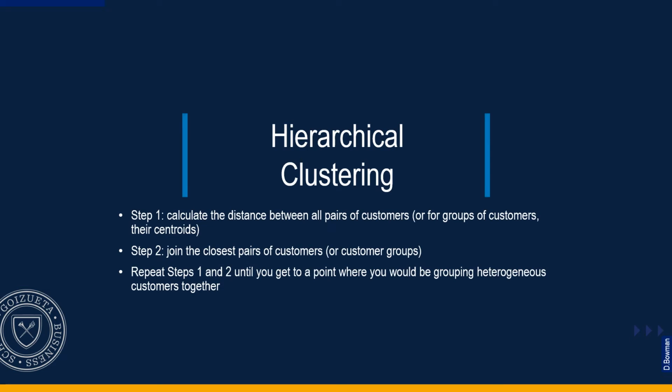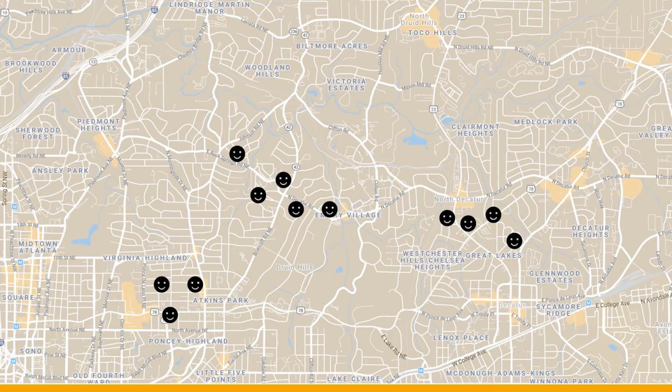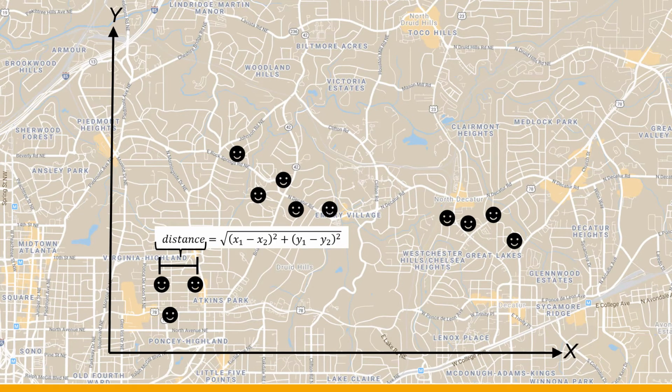Next, using the same dataset, let's look at an algorithm called hierarchical clustering. Here we don't predefine the number of clusters, but instead iteratively group customers into segments that get larger and larger until we get to a point where combining any further would mean the segment is no longer relatively homogeneous. We use the same data as before. A customer's location is described by 2 dimensions. Let's call them X and Y.